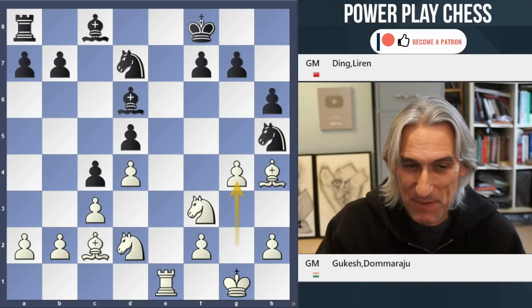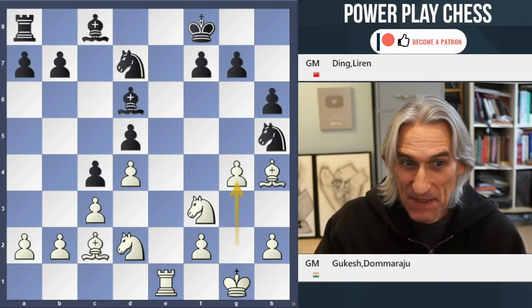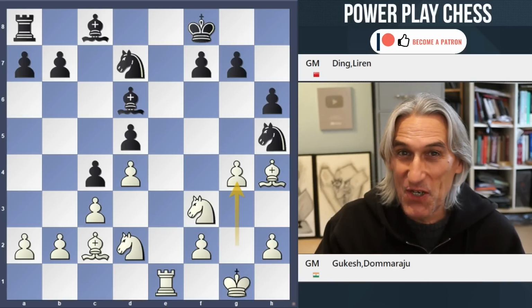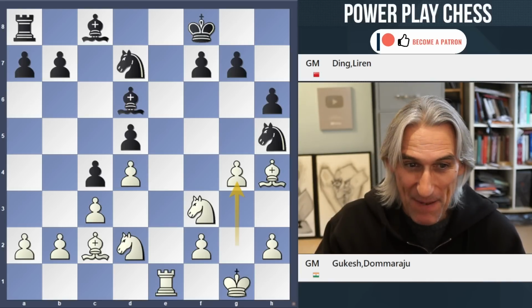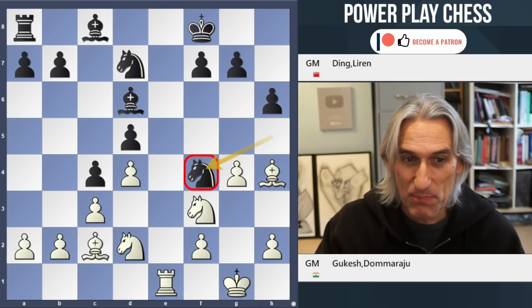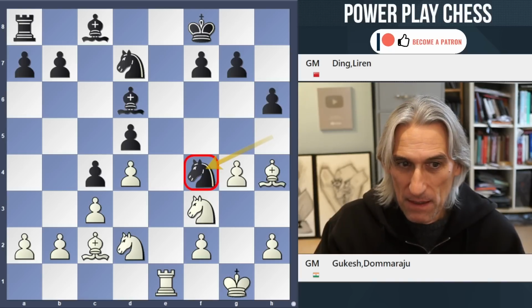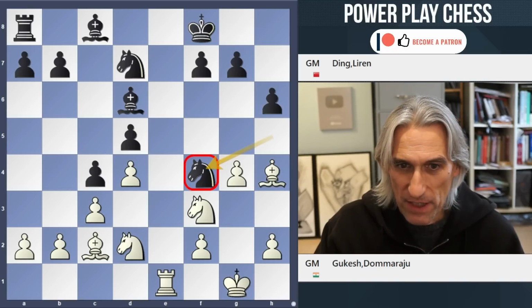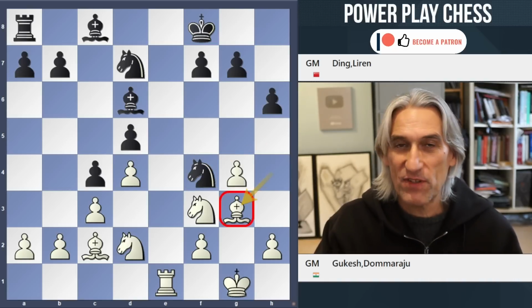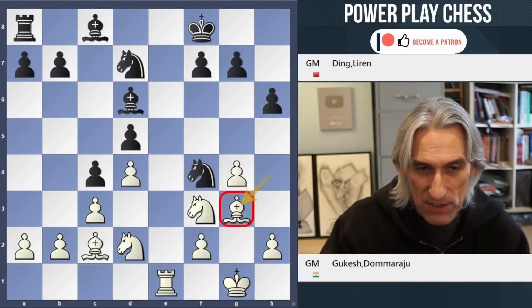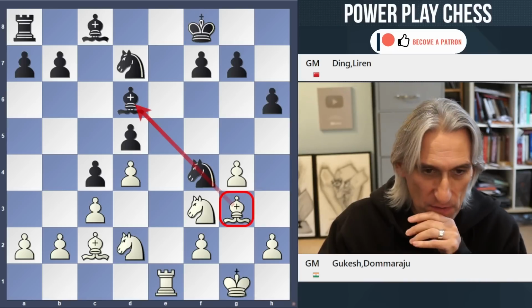g4. Well, positionally, very odd. I would even say in the third game it wasn't great, and it looks very odd here because that knight sinks itself in on this beautiful square f4. So why has Gukesh done that? Well, it does kind of save this bishop, which comes back to this square, and there is a pin here.